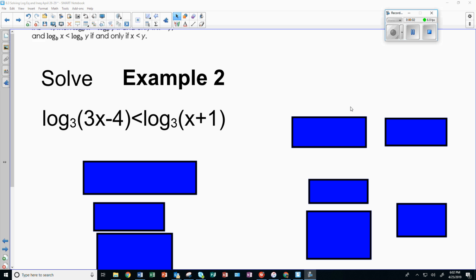Okay, now we come to example number 2. Let's say we want to solve the logarithmic inequality, the log base 3 of 3x minus 4 is less than the log base 3 of x plus 1. So when is that true? Well, first of all, it can only be true if